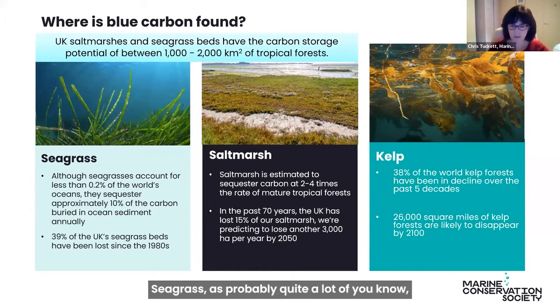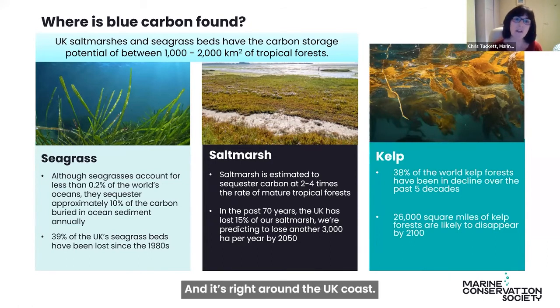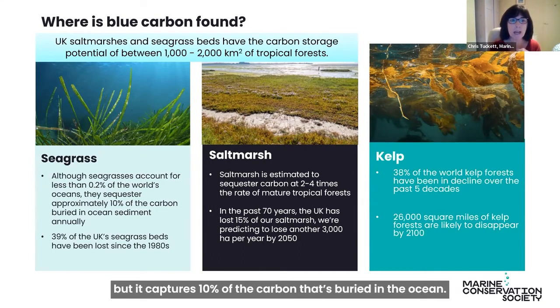So seagrass, a lot of you will probably know, you find around the edge of the coast. It looks like sort of grassy stuff, but it's in the water. It's at relatively low depths because it photosynthesizes and it's green. And it's right around the UK coast. Seagrass is incredibly good at capturing, what we call sequestering, carbon. It covers 0.2% of the world's oceans. It's not a huge area, but it captures 10% of the carbon that's buried in the